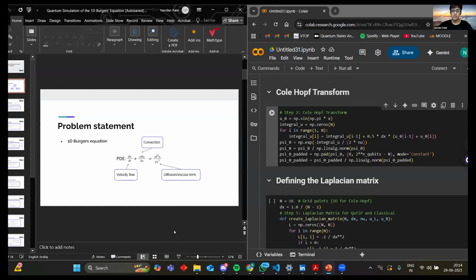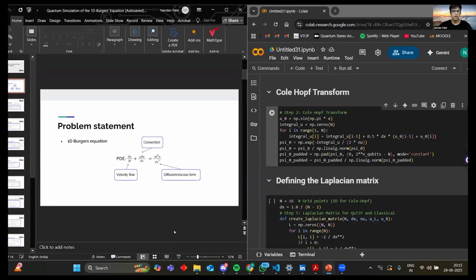Starting off, the 1D Burgers equation consists of three terms. The first is the velocity flow term, a nonlinear convection term, and a linear diffusion slash viscous term. The mu parameter on the RHS represents the viscosity of the fluid. We kept the viscosity as mu equal to 0.1, as it represents an optimal balance between the nonlinear advection